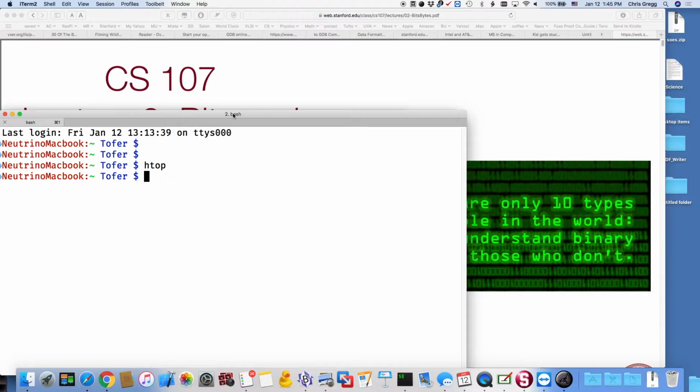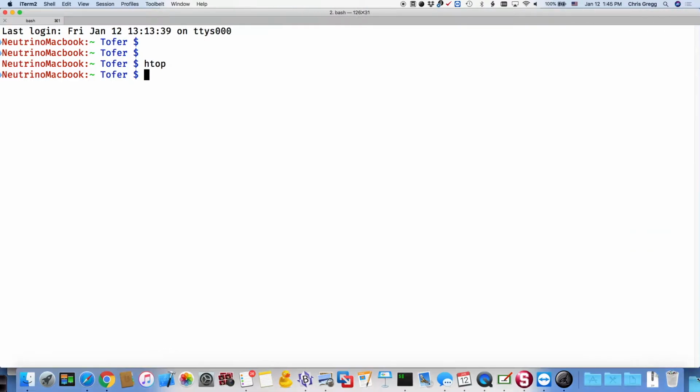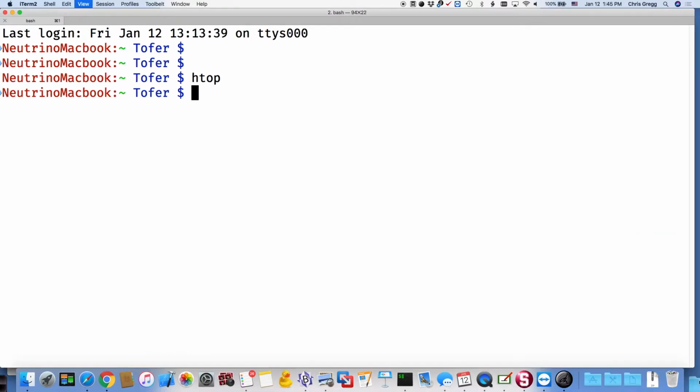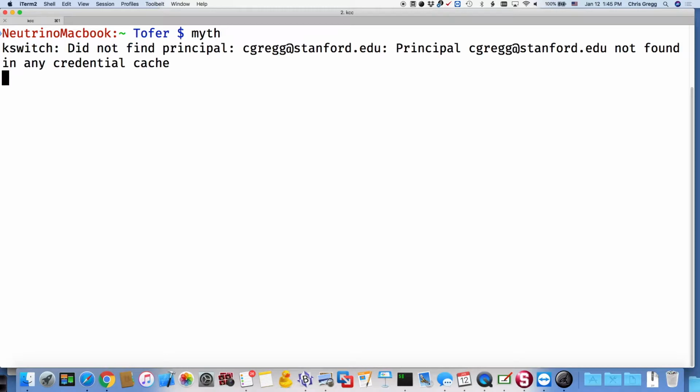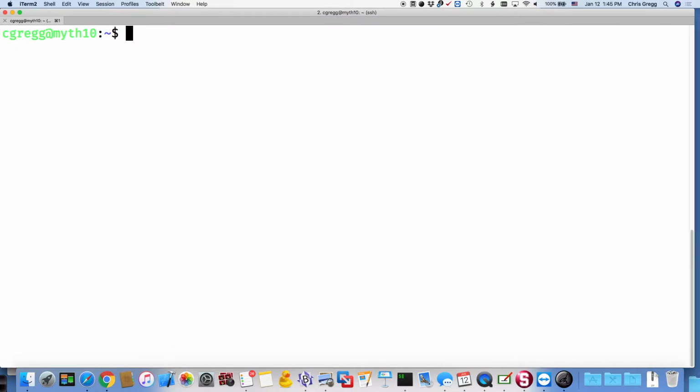So if I go to a page, let's make it big enough so people can see it, and let me log on to Myth. There we go. As you type a command in Linux, if I type ls and then *.c, that says give me all the files that end with .c, right? These are the command line arguments. The command line arguments are ls and then *.c. There's actually 2 of them. The program name is one of the arguments, as it turns out.